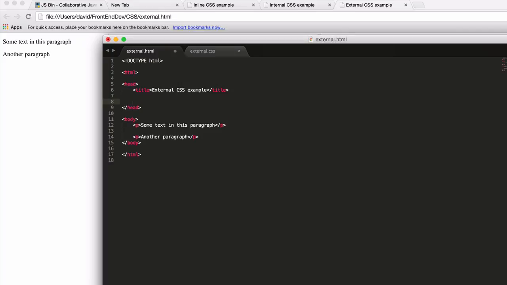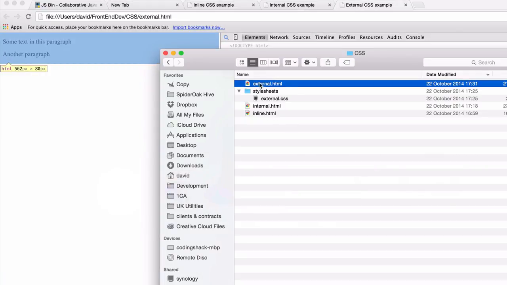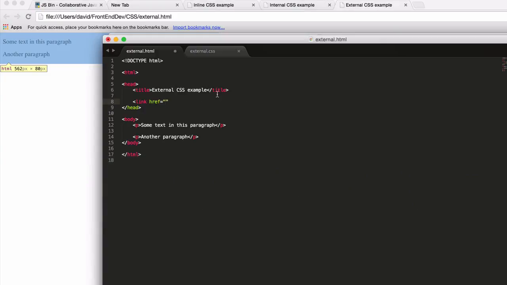So we need a new tag for this. Within the head, we use the tag link. Link does exactly what is implied. It allows us to link a document, a style sheet generally, within this document. Using the href attribute, we can specify a URL that can be an external URL or a relative one. In this case, we are going to use a relative URL because the file that we are going to link in the document is present in the local machine. So the external CSS file that we want to link is present within the style sheets folder. So we can write the URL in this way. Style sheets